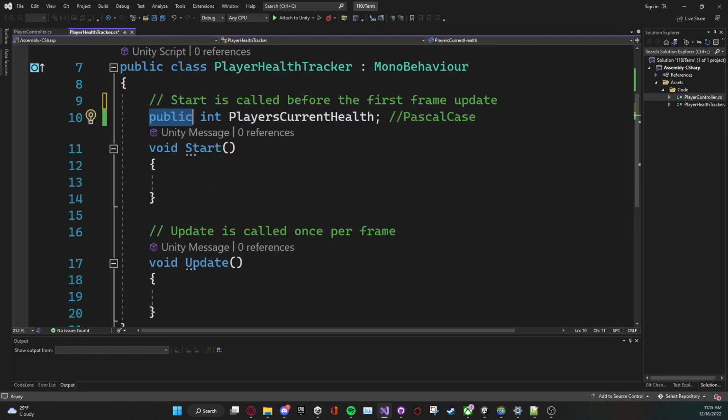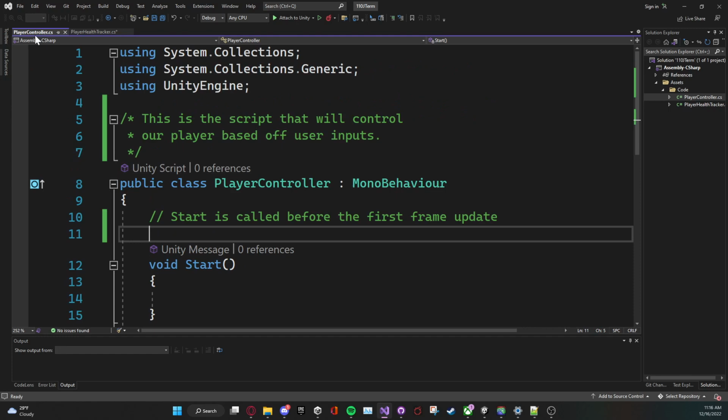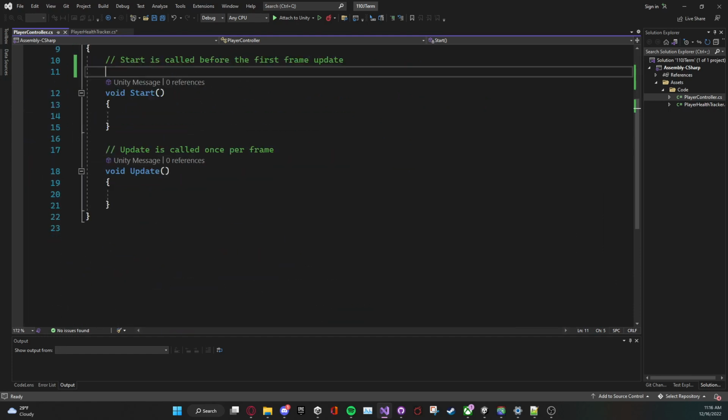All right. Now, if this was private, you would not be able to get a hold of it. You wouldn't be able to interact with the player's current health at all. And that has pros and cons, right? Sometimes you want objects to be able to go and manipulate players' current health. So let's say player controller is holding the logic for when things collide with the player. So when a bad guy hits it, you would go over to the player's health tracker and take away some health, right? But sometimes